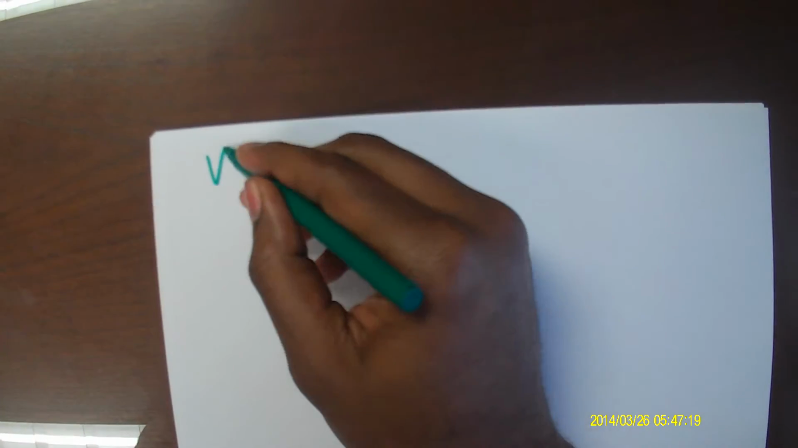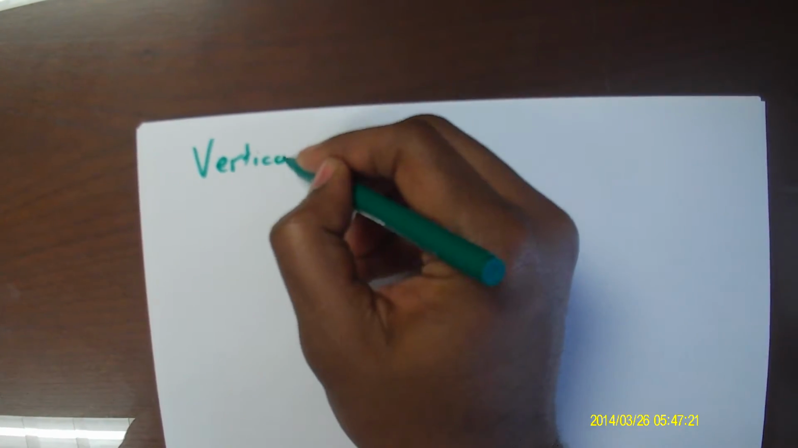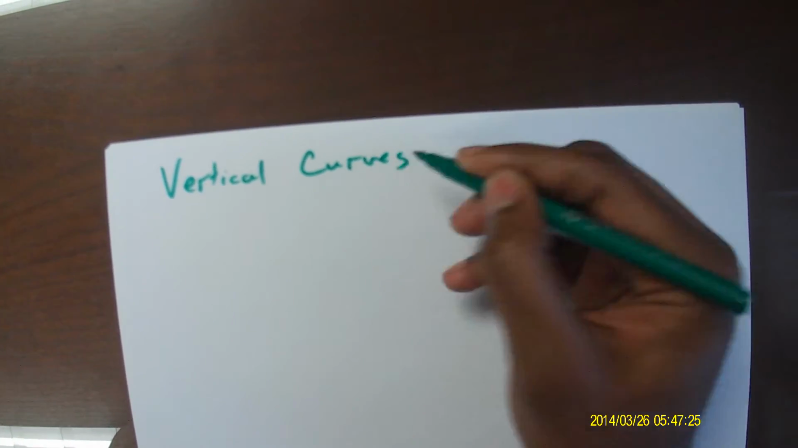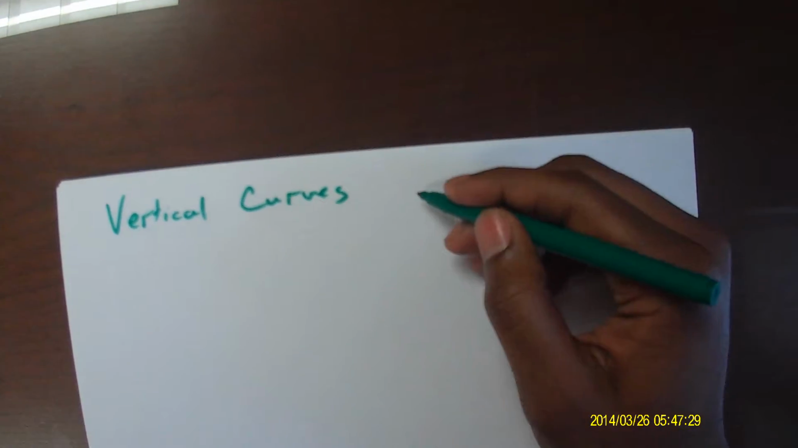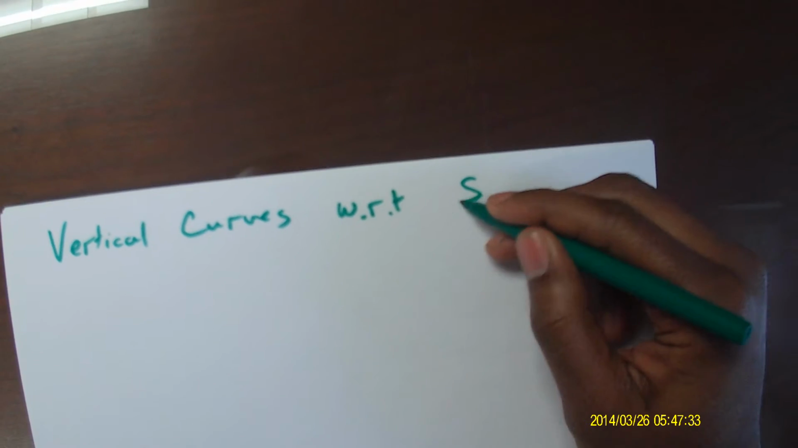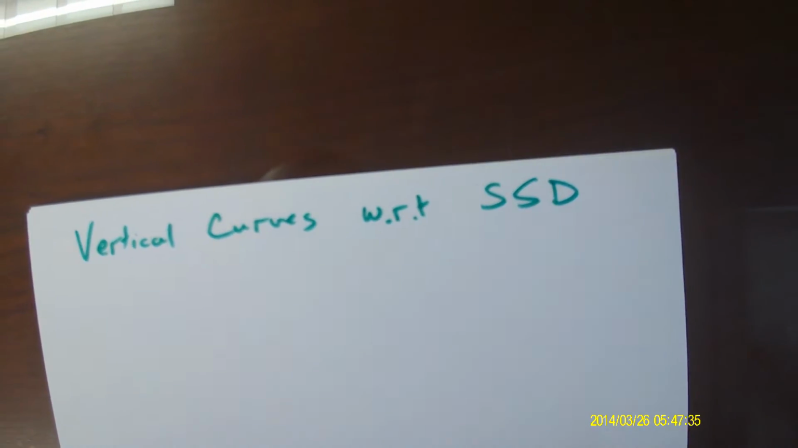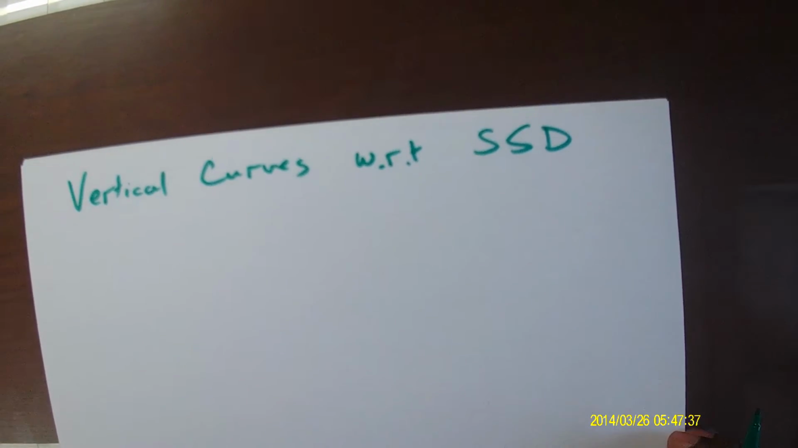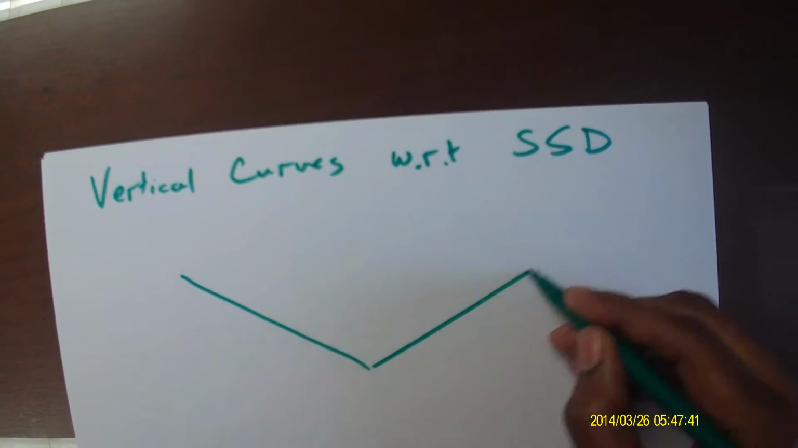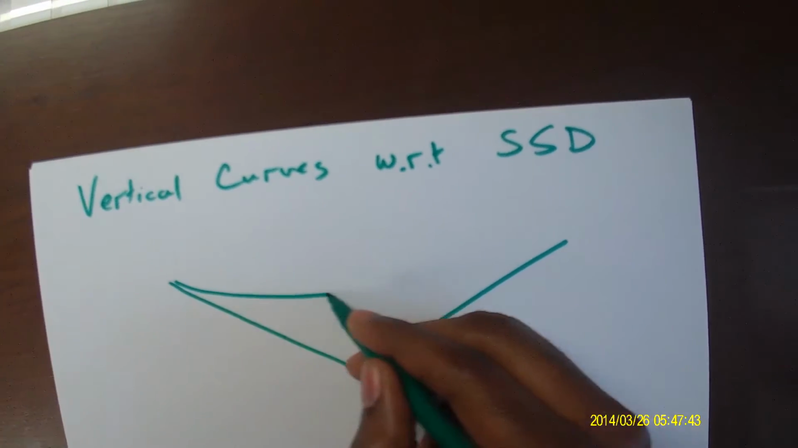Vertical curves, but we are now going to be adding another dimension to it. We're going to be talking about vertical curves with respect to stopping sight distances. So far, all I've given you in most of our examples was, let's just say, two tangents,